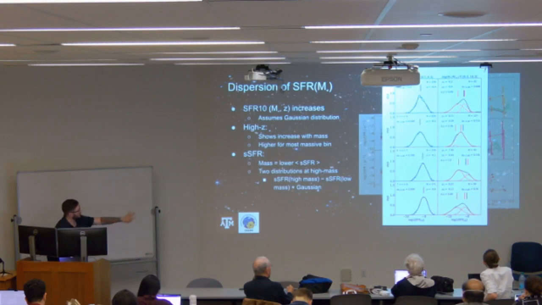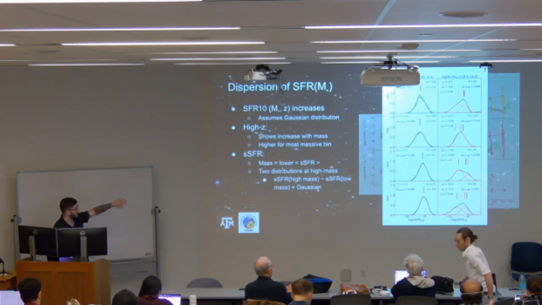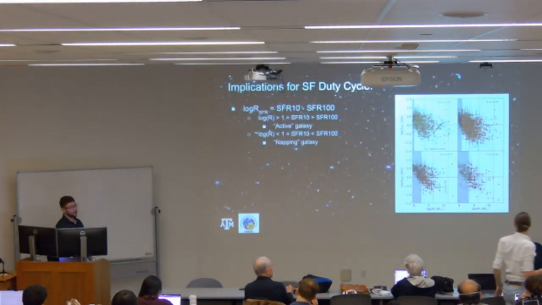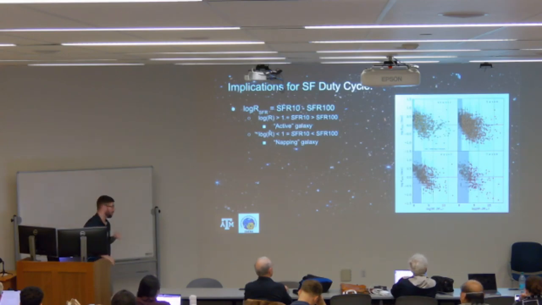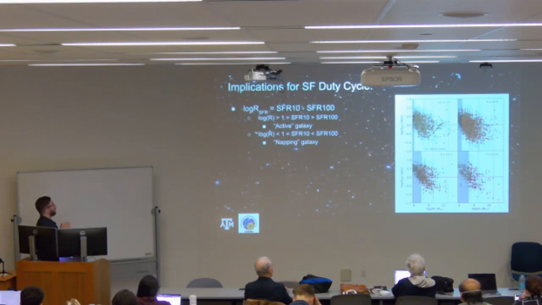And so that would be the red bar on the left, or the second Gaussian fit on the left-hand side of these distributions. And so we looked at the ratio of star formation rates. So if we take SFR10 minus SFR100, and we look at that ratio, what we can see is that at higher masses, there are more galaxies that tend to have lower star formation rate on 10 megayear timescales and higher on 100 megayear timescales, or what we are going to call